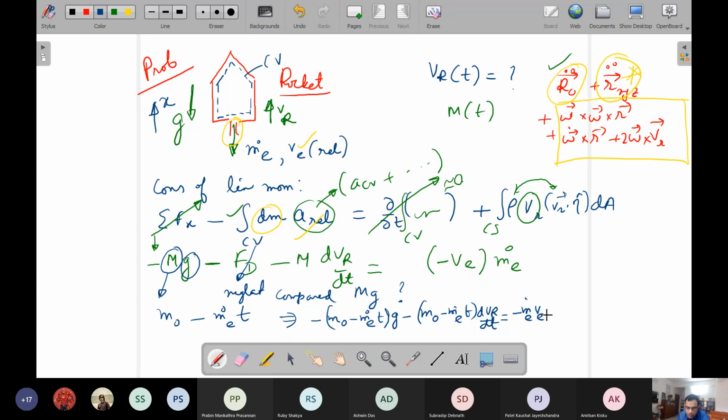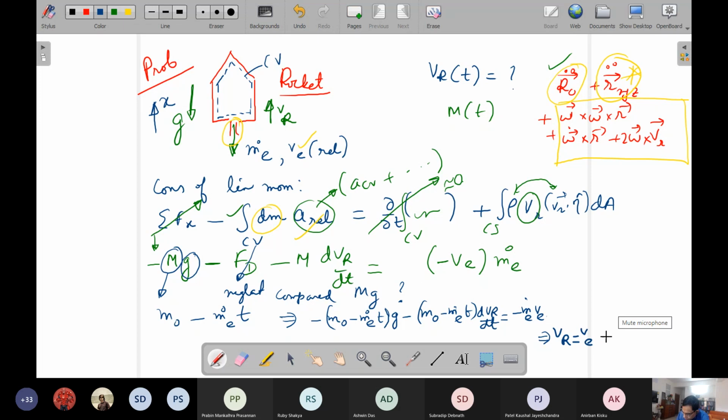So this is a differential equation that governs the velocity of the rocket as a function of time. It is a straightforward ordinary differential equation to integrate with an understanding that to begin with the rocket has zero velocity, the products of combustion are coming out and the rocket is moving up in the sky because of the upthrust created. So that physics remains, and this is a mathematical law governing that physics. So you will get this answer, the final answer I can write, which is there with me.